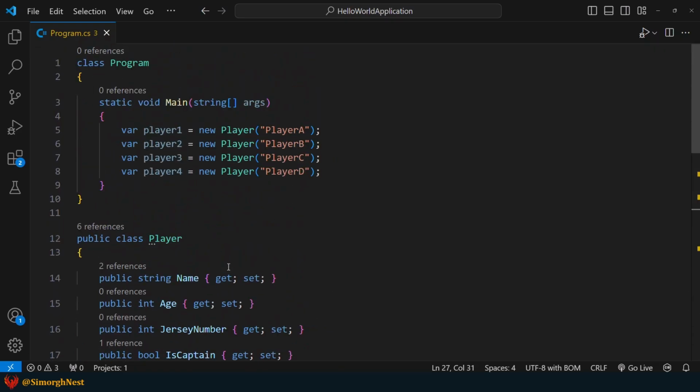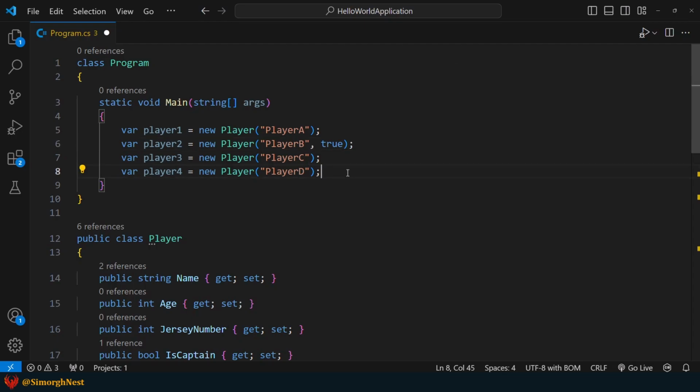Now, when we instantiate the player class with 1 parameter, the first constructor will be invoked. But for player 2, let's provide the second argument. In this case, the second constructor will be invoked, and it will set the captain field to true.